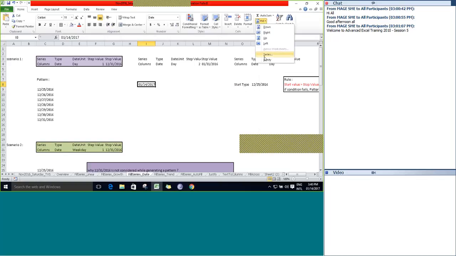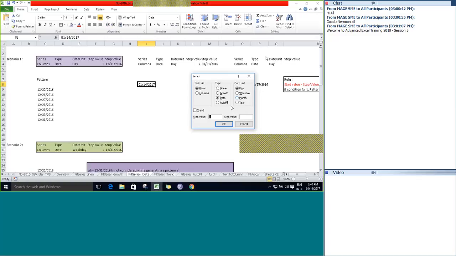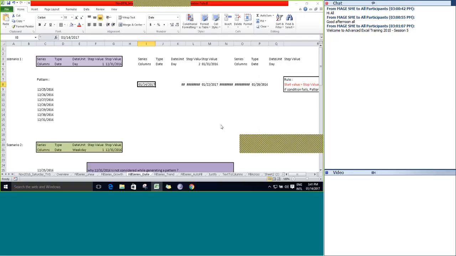The reason is that even though Excel will not throw the error message, since we gave the start of the string as a date, the stop value also should be a date with the exact file format.